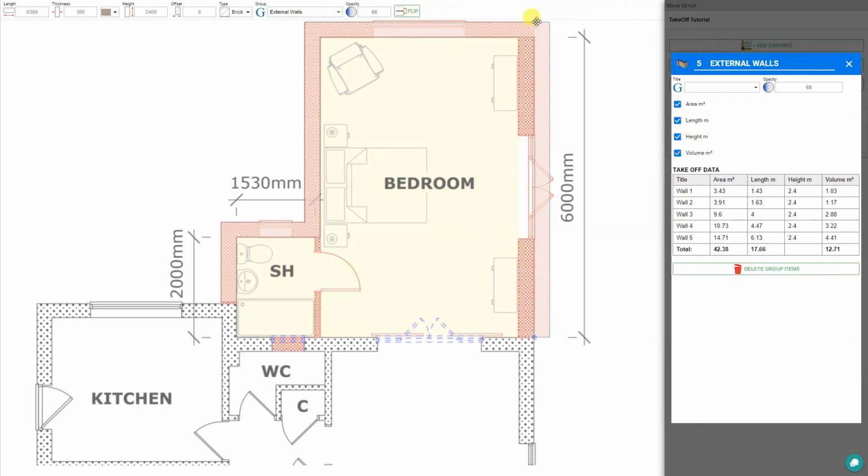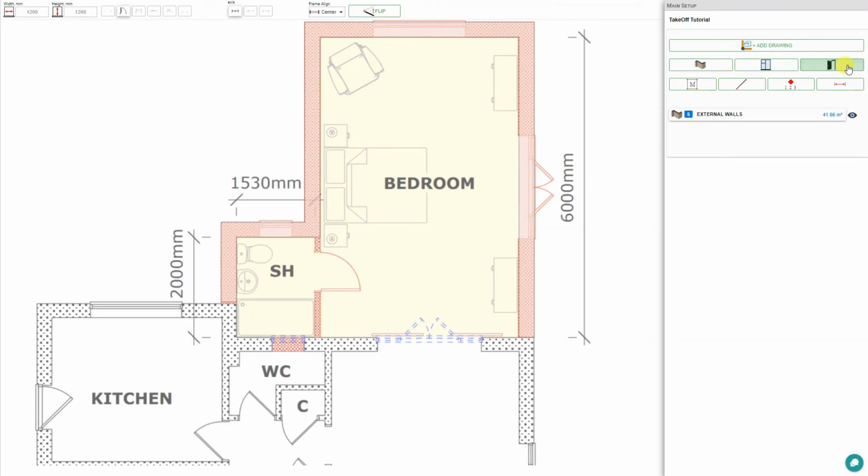So rather than drawing our wall on the inside of the outer corners, it will draw our wall on the outside of the inner corners, and then flip that back if we need to. Now for our extension in this floor plan, we have an interior wall here to add as well. So for this, we'll close our external walls group here,